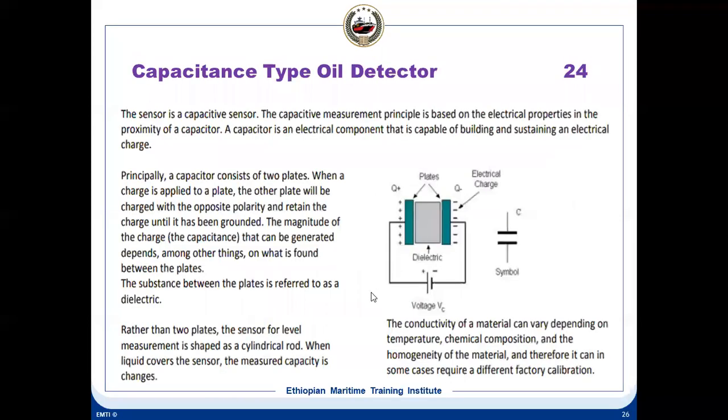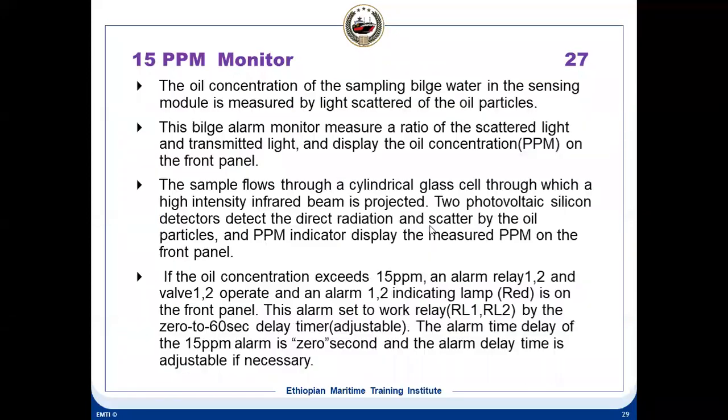And a capacitance type probe, you can draw this diagram, and depending upon the dielectric, the capacitance will vary and it gives an alarm. So the capacitance probe is on top of the separator. Whenever the oil level goes up, this will get activated, and this also you can set the range, and it will correspondingly open the solenoid valves to discharge the oil. Okay. Electrical diagram, I will make it a small one, I'll send it to you.